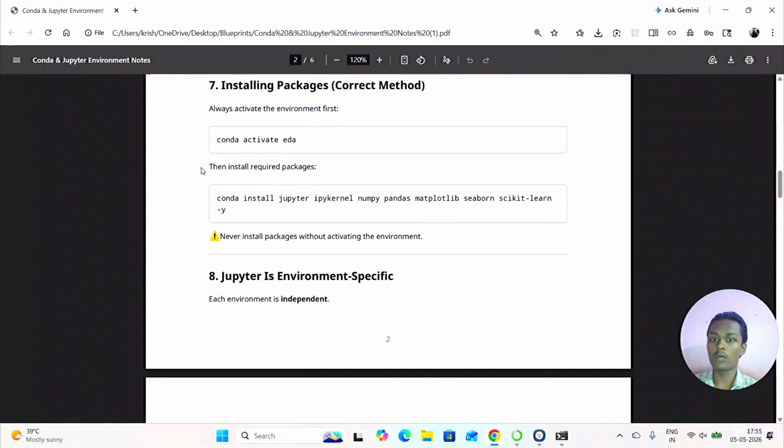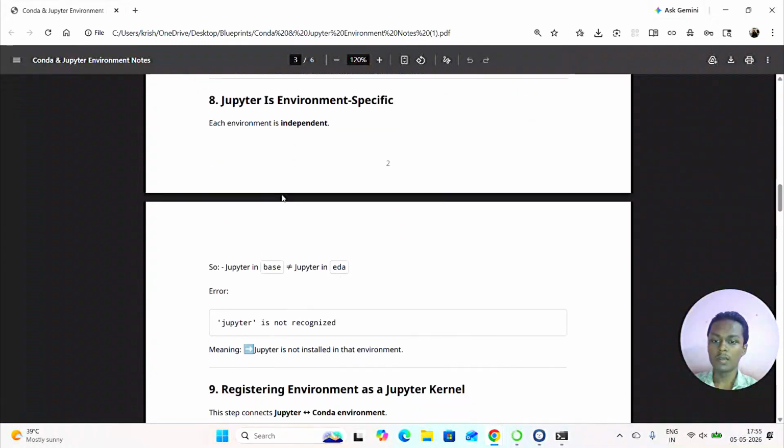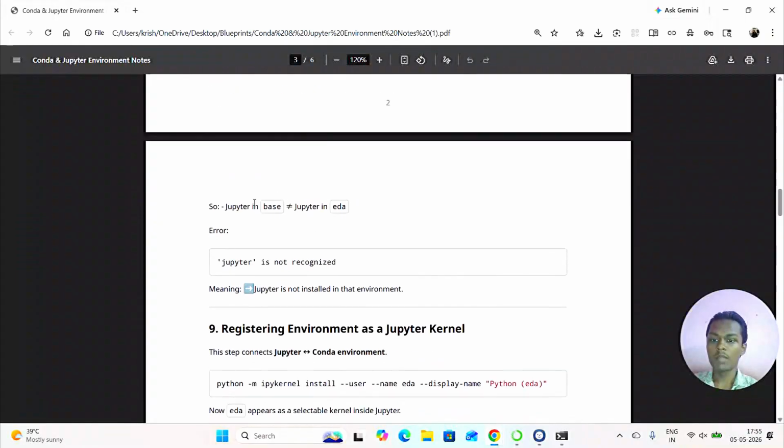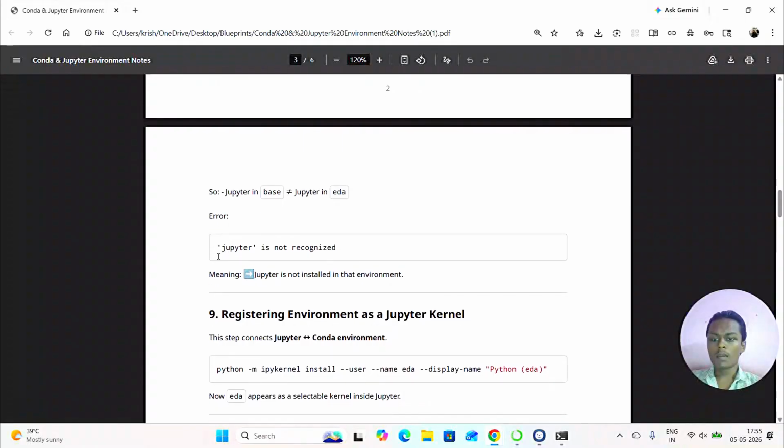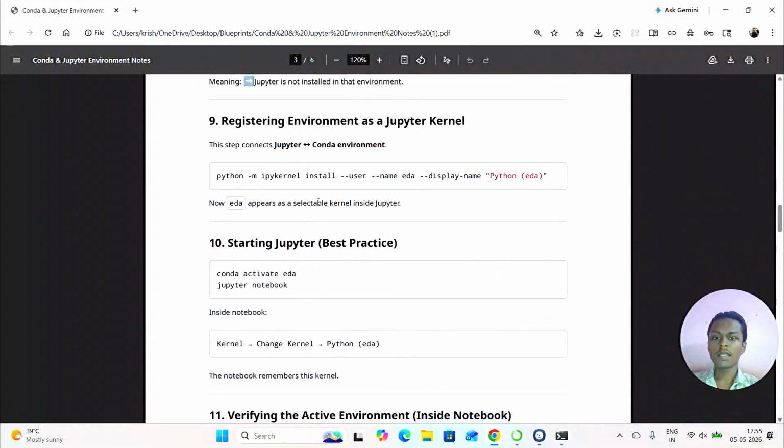I think you are clear with this topic. Then, Jupyter is environment specific. It means Jupyter in base is not equal to Jupyter in Krishna or Jupyter in EDA. Every environment has its separate modules, so you have to take care about it. If you create any new environment, you have to install your required modules and register the environment